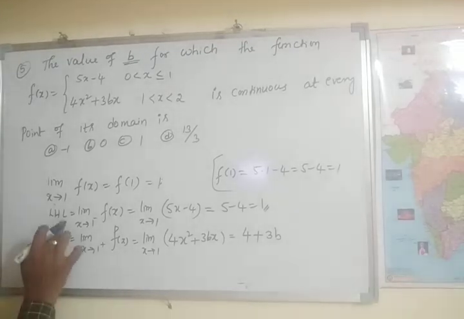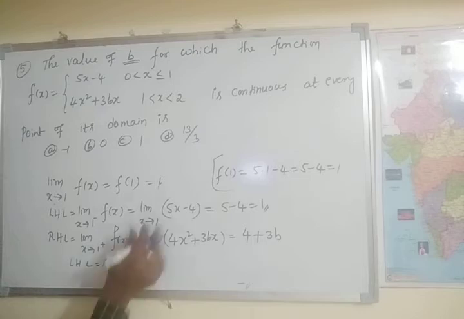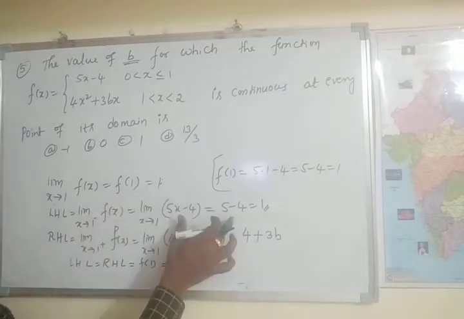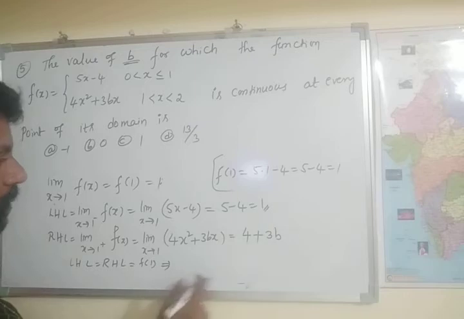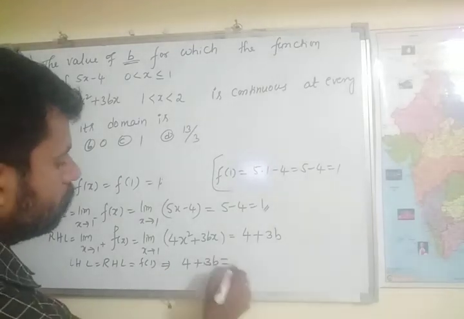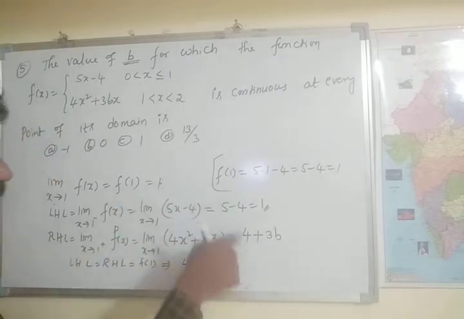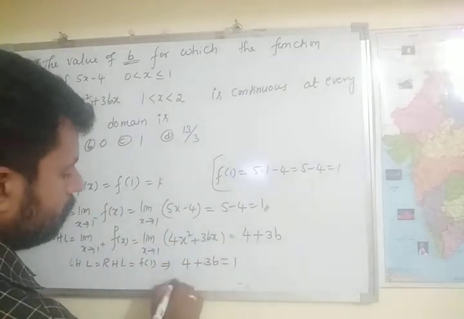Left hand limit is equal to right hand limit, which is equal to f of 1. This implies the left hand limit is 1, and the right hand limit is 4 plus 3b. The right hand limit value, the left hand limit value, and f of 1 is also 1. This implies 3b is equal to